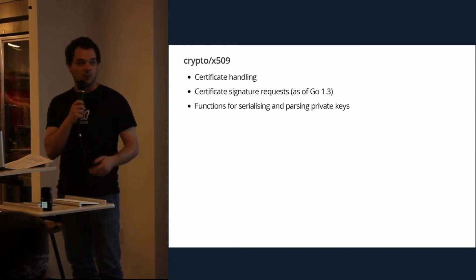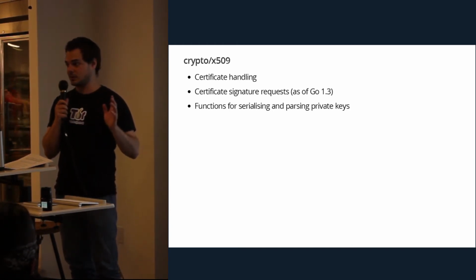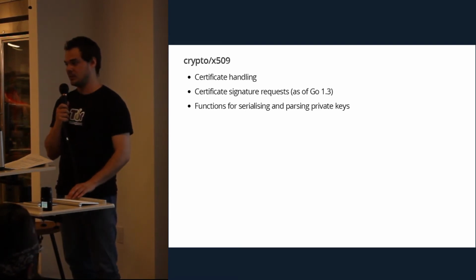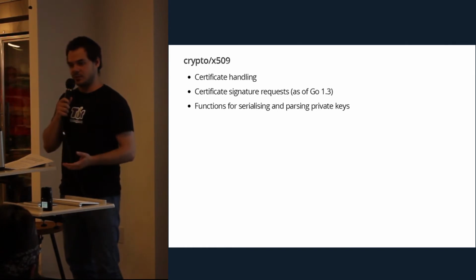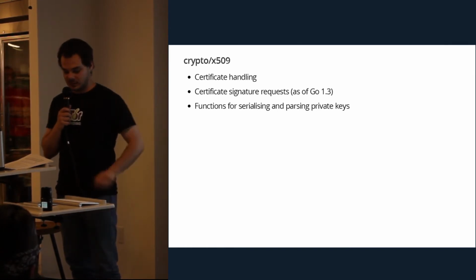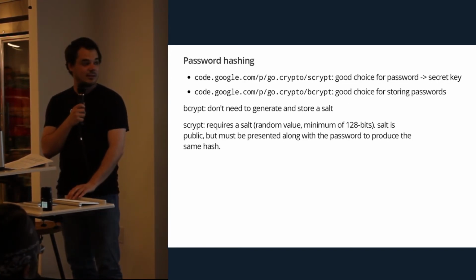And it also has functions for serializing and parsing your private keys and public keys to the known standards. So you're not trying to figure out how do I compact this? Maybe throw in some JSON. Nope, this has got everything you need. You laugh, but